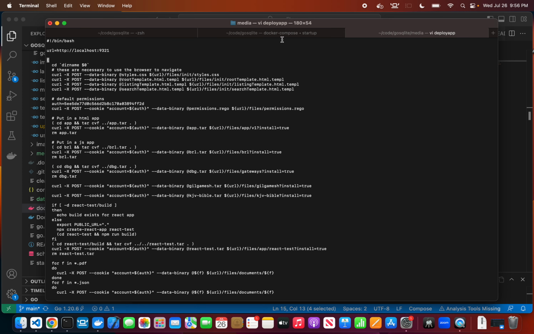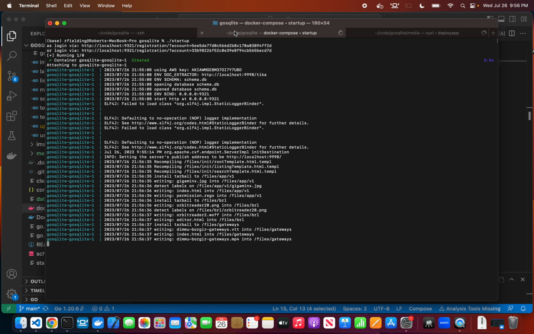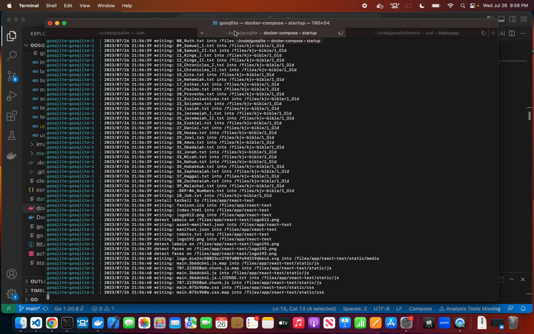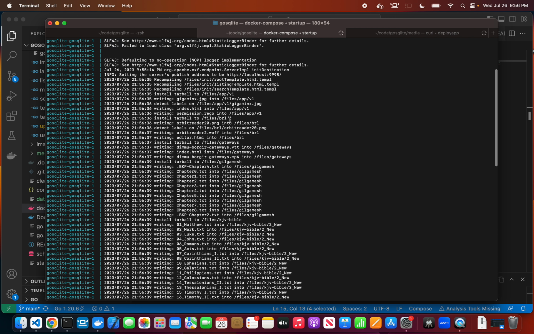So now that the server is running, and I do get out here, and I want to deploy the app with all those curl commands. So imagine a CMS where curl is your API, and you just need naming conventions. So for example, I had a tarball that had the whole Bible in it, cut up into books, and when it did the upload into it,